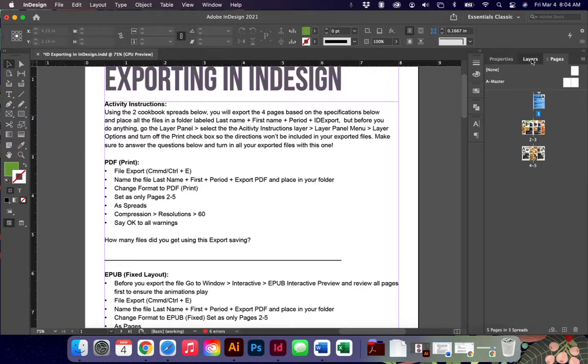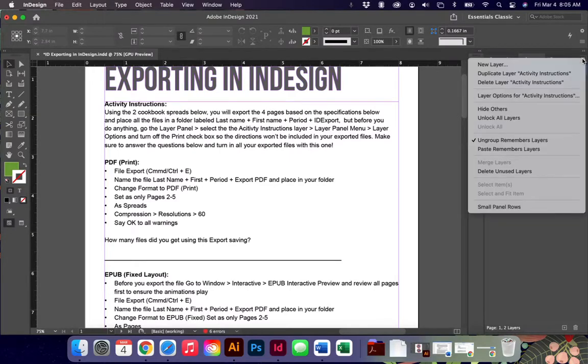The other thing that we're going to do is start in our layers panel. In our layers panel, you should see that I've provided you with 2 separate layers, one of which is locked, called activity instructions. The other is layer 1, and that includes all of our layers for our spreads. Okay. But before we begin, we want to turn off the ability to print our activity instructions by going to